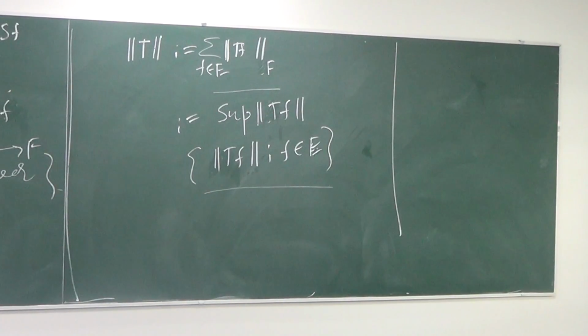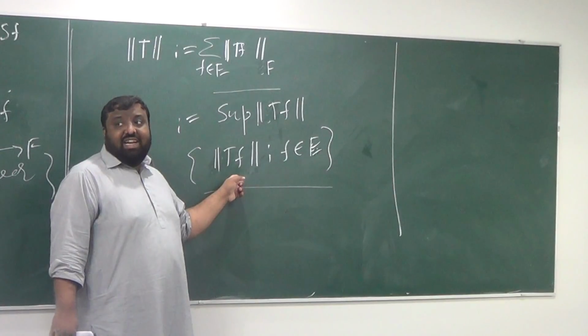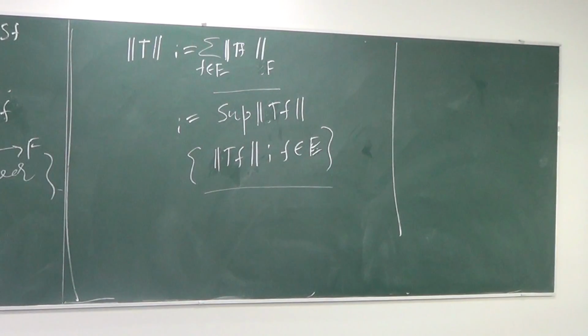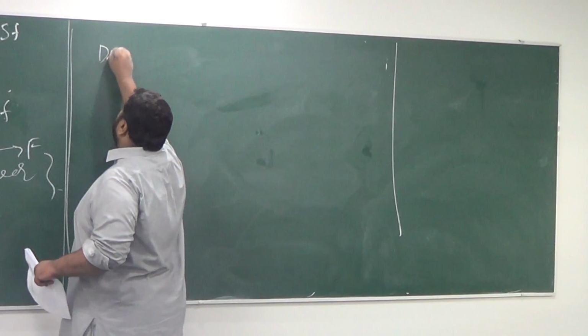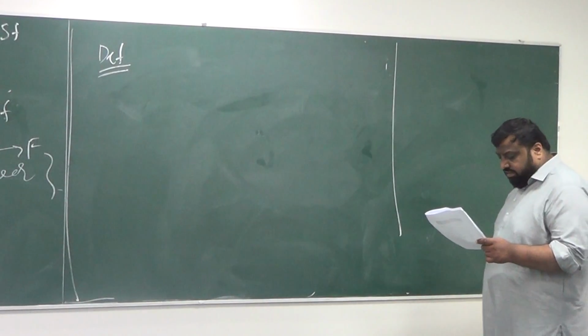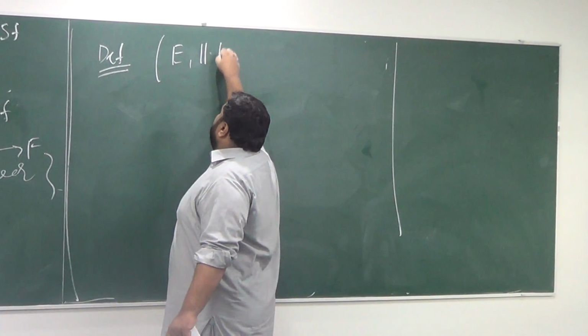So what we just tried to figure out is that if you assume your T is additionally linear and bounded, then you can define the norm on it. Is it making sense? So see, I could have written this definition without telling you why the definition is like that, but now you can see that. Here's the definition: imagine I have a normed space E with norm E